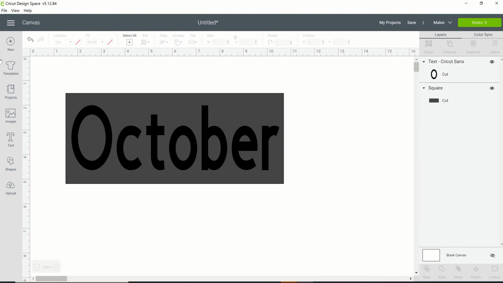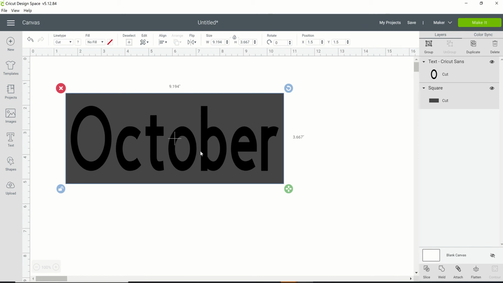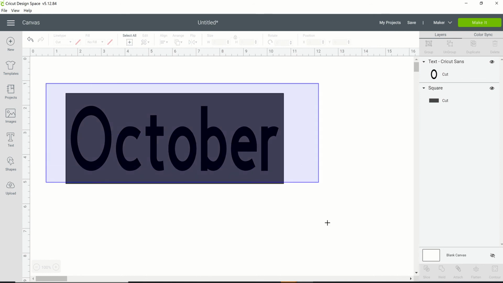Okay. Now I'm going to group both of these together just by clicking and dragging to highlight them both. And I'm going to go up to the very top here and select Align. And I'm going to select Center. Okay, and that's going to place October in the center of my square here. All right, so now I only have the October and the square on my canvas. So if I now take and highlight them both,